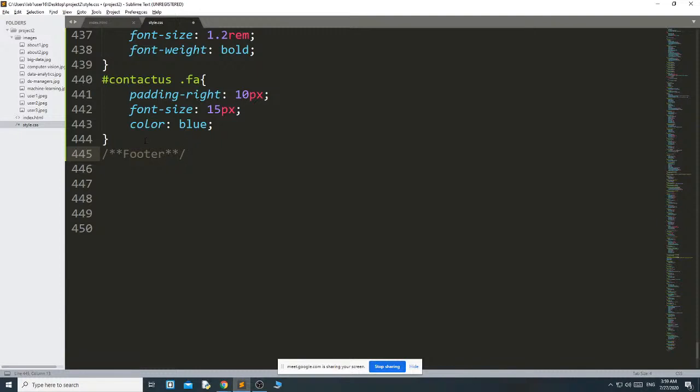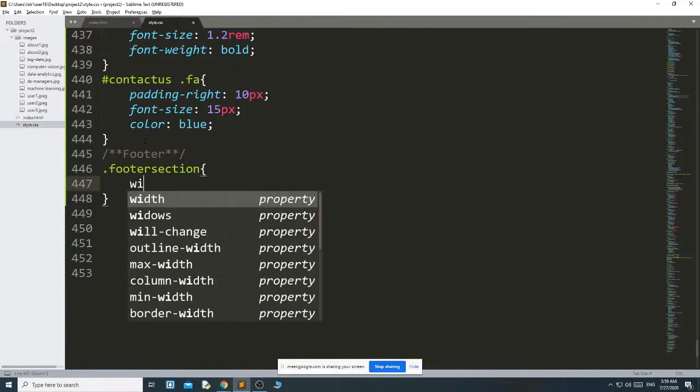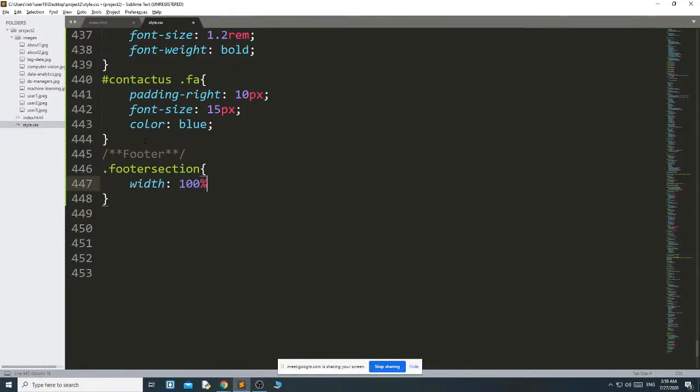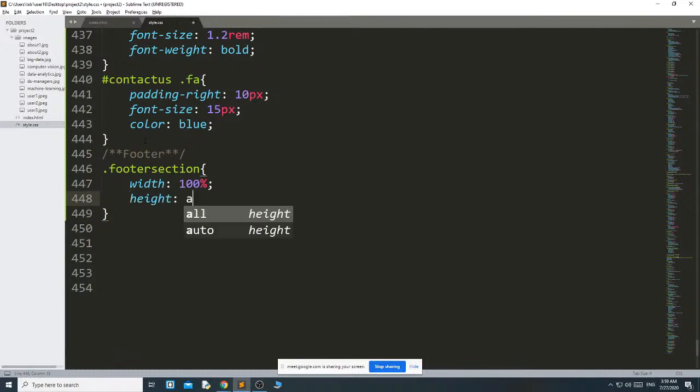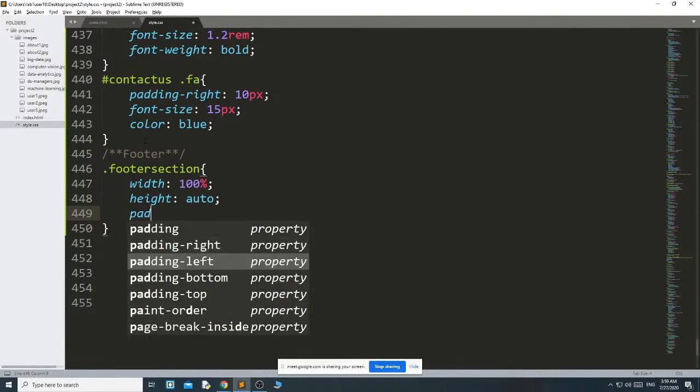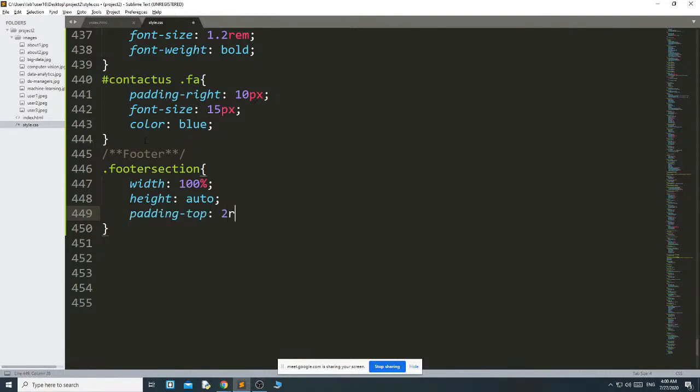First, I will give the style to the footer section. Footer, what style do I want to give? I want it width 100%, then height it will take auto, then padding top 2rem, then background color.